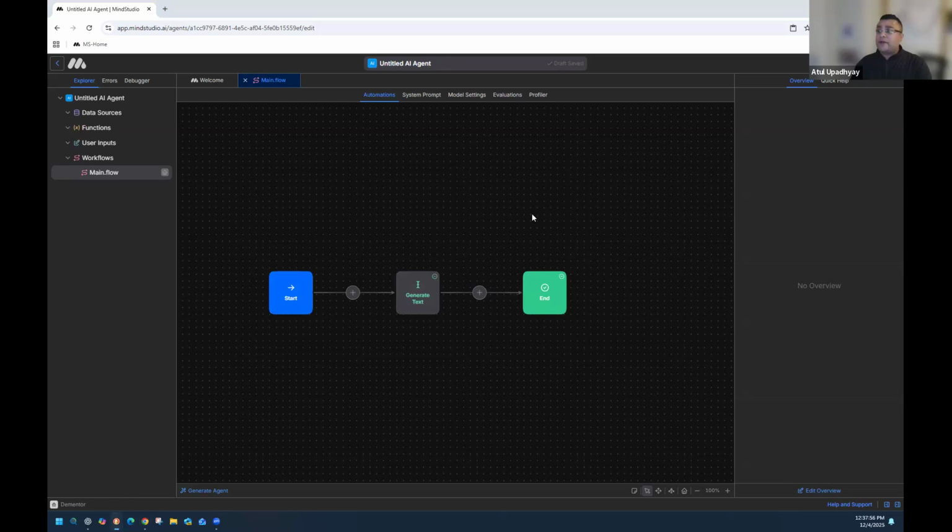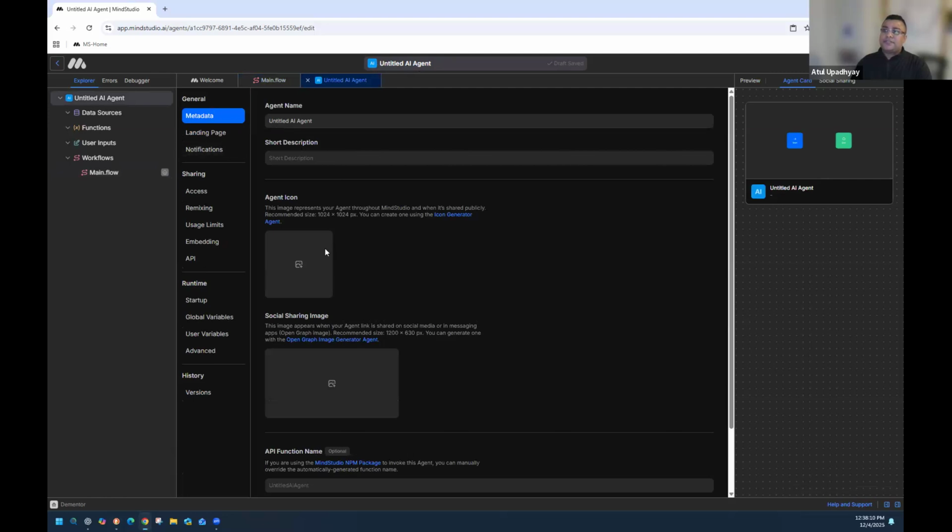Before publishing, I do want to go back and show you a little bit of an off-ramp. Just on the top, if you look, there is Untitled AI Agent. If I click on that field, it's going to take me to this screen. This is pretty much anything and everything about that agent. It gives you at least a dozen plus different tabs and options for how you want that agent to be configured or shared, restrictions, or so many other things.